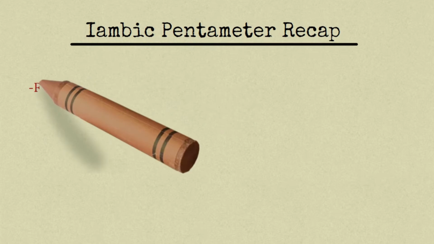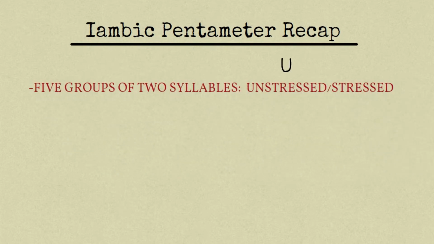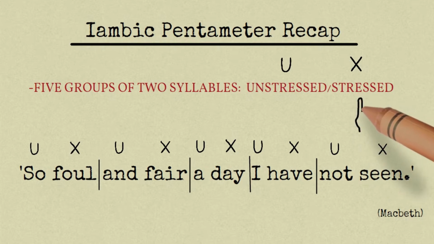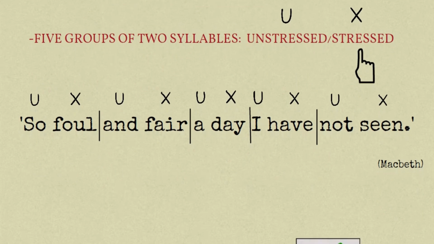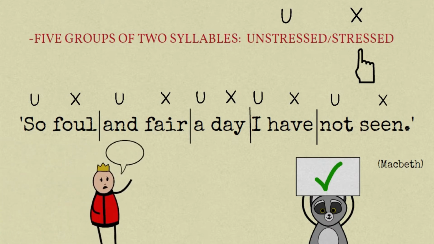It's a line of verse that has 5 iambs, or 5 groups of 2 syllables, the first unstressed and the second stressed. Take a look at this line from Macbeth and try tapping out the stressed syllables only. Ready? So foul and fair a day I have not seen. This is a perfect example of iambic pentameter because it adheres exactly to the iambic pattern. Of course, an actor wouldn't overemphasize the stressed syllables like that, but it helps when trying to figure out the